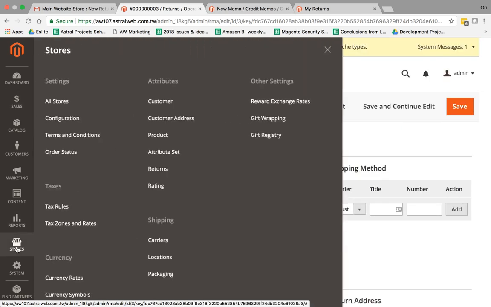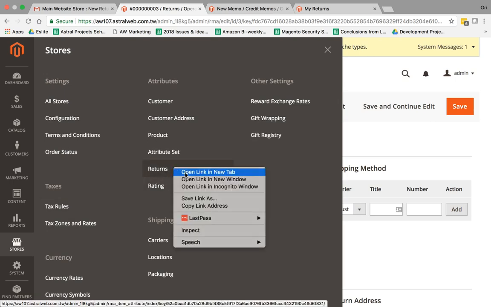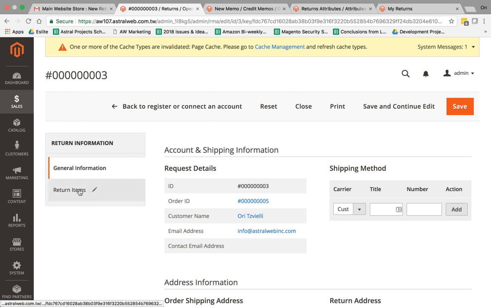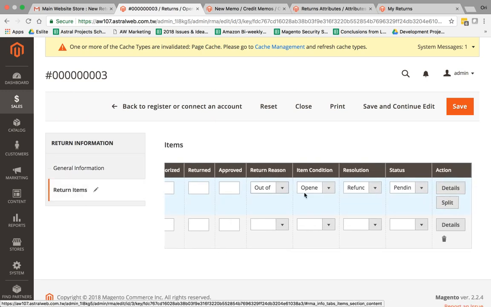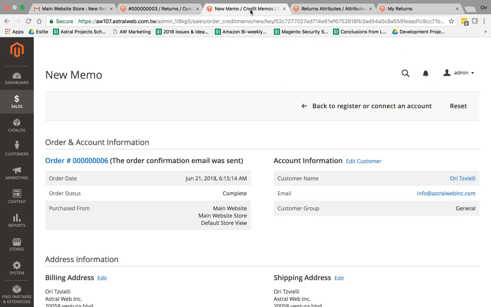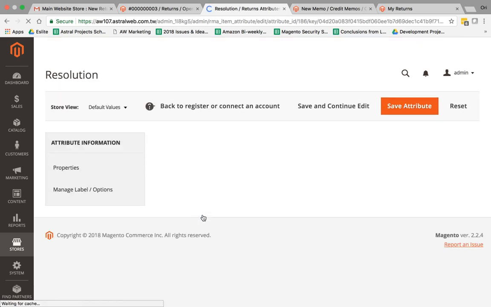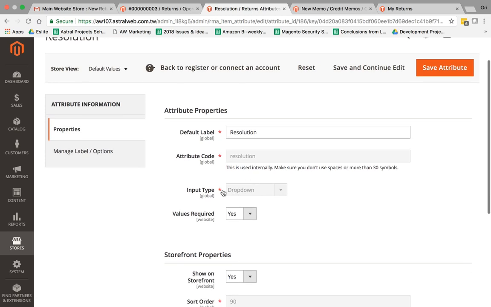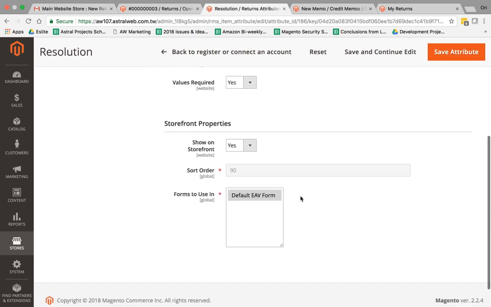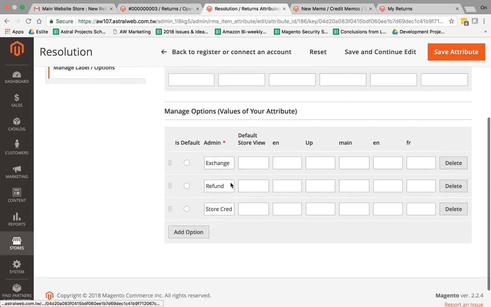First of all, under Stores you can customize the attributes that are right here, these lines: return reason, item condition, etc. So let's look at that. By default, you have the return reason, the resolution and item condition, and a new one which I added, called real reason. If you edit these, for example resolution, because this is a drop-down menu and you see the input type here, you can specify the specific options.